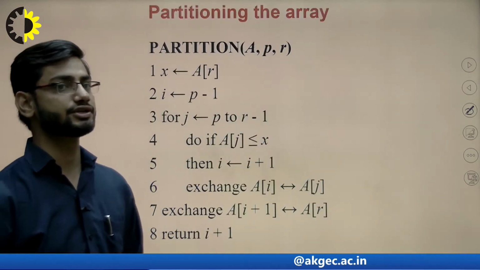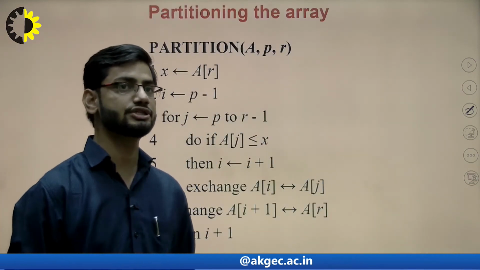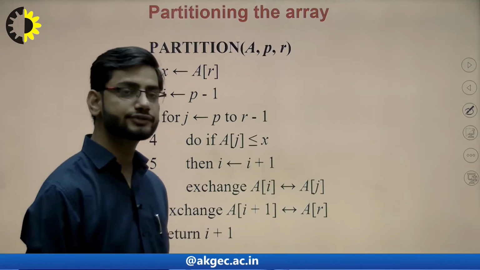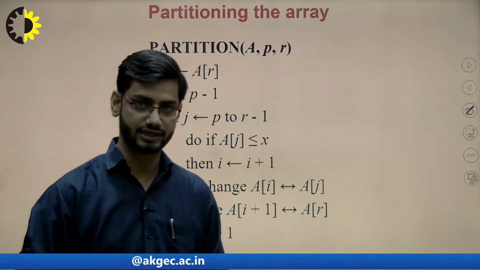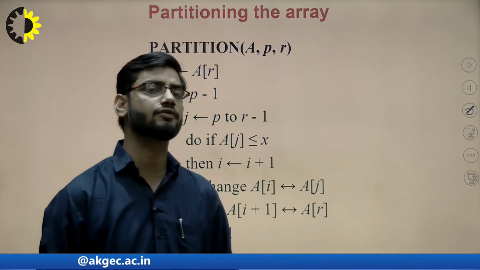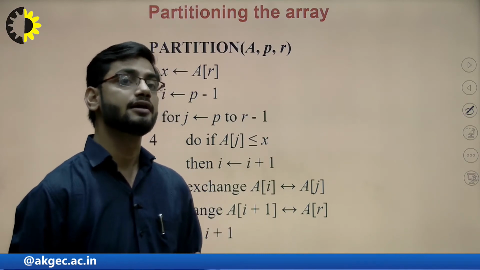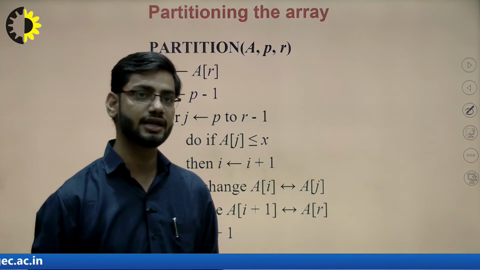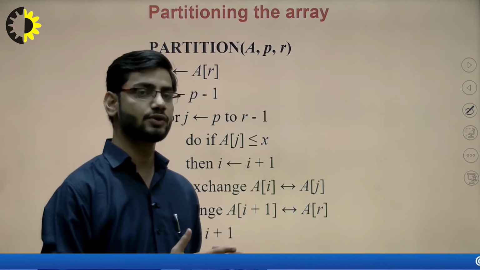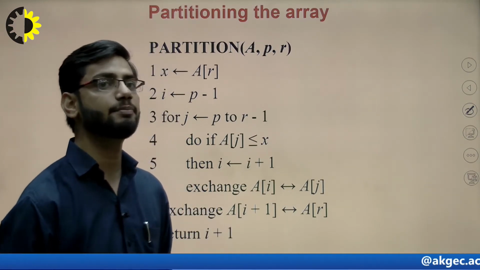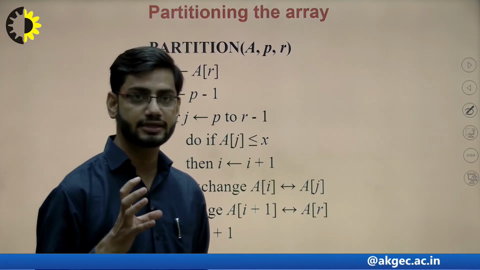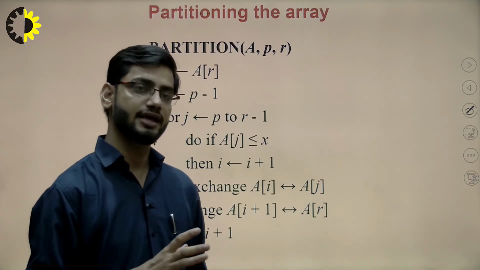This is the partition procedure. What does the partition procedure do? This quicksort is the basic quicksort algorithm. There is another flavor of quicksort algorithm, that is randomized quicksort. Clear? So in the basic quicksort algorithm, we select a pivot element. There is a key term, pivot element, in quicksort.